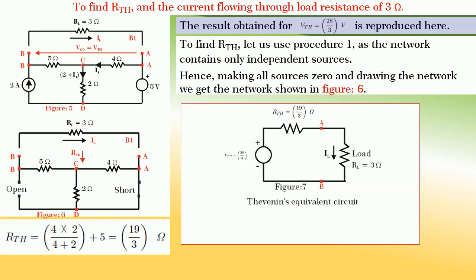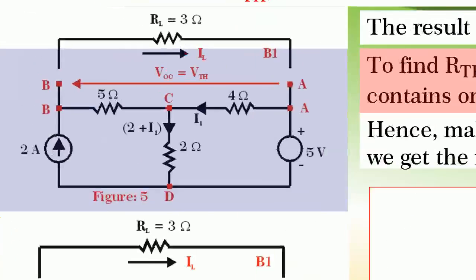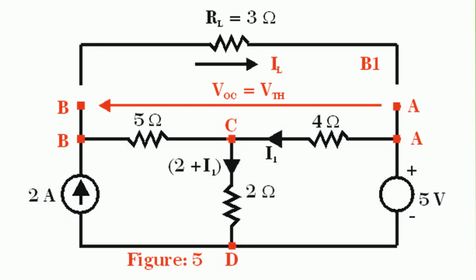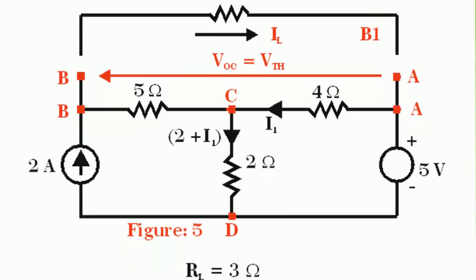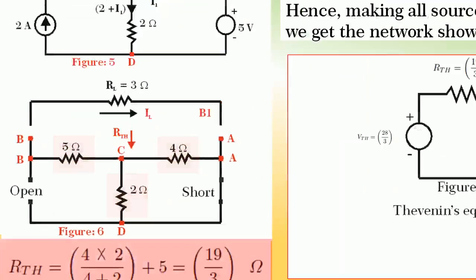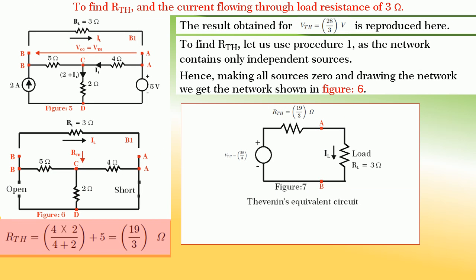Friends, the result obtained for Thevenin is reproduced here for convenience. To find R Thevenin, let us use procedure 1 as the network contains only independent sources. Hence, making all sources 0 and drawing the network, we get the circuit shown in figure 6 and we see that 4 ohm and 2 ohm are in parallel and this parallel combination is in series with 5 ohm. Hence, R Thevenin is equal to 4 into 2 divided by 4 plus 2 plus 5 which will give us 19